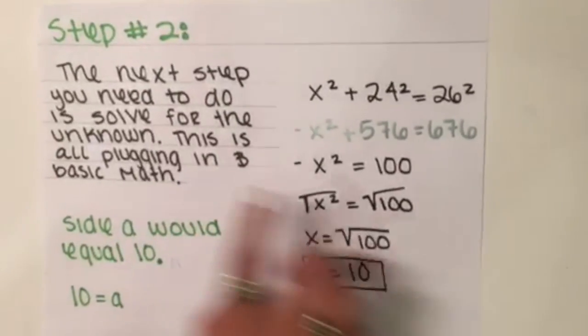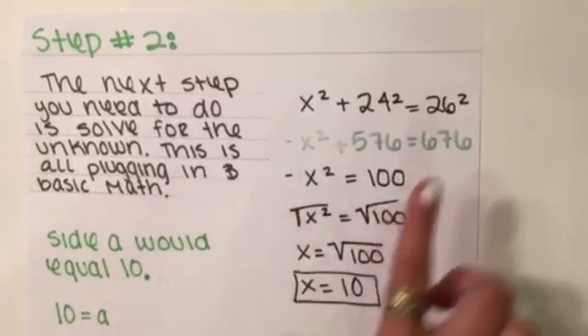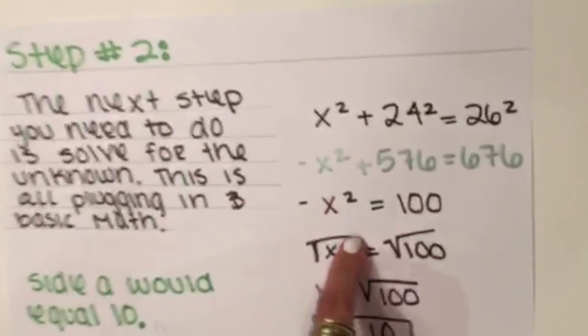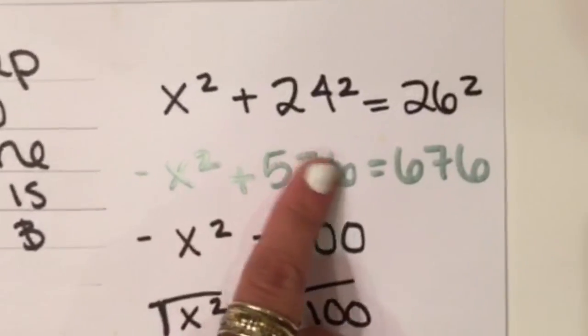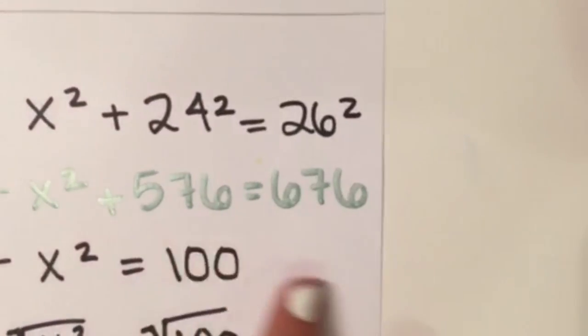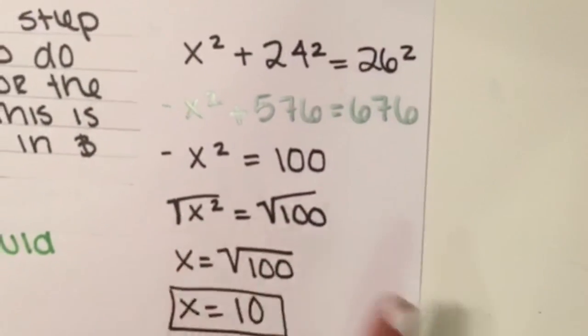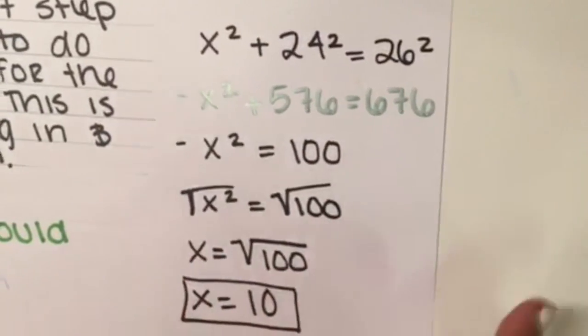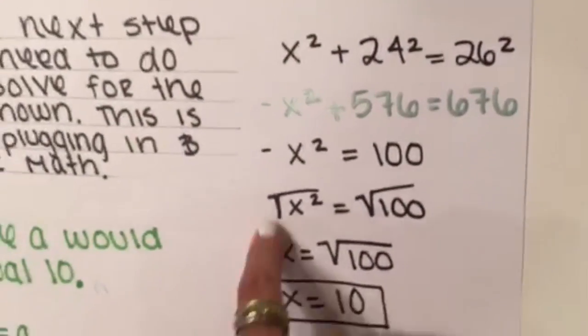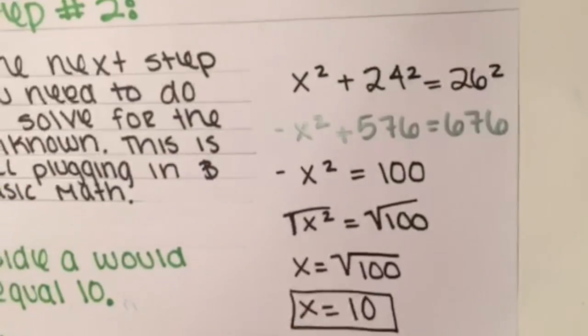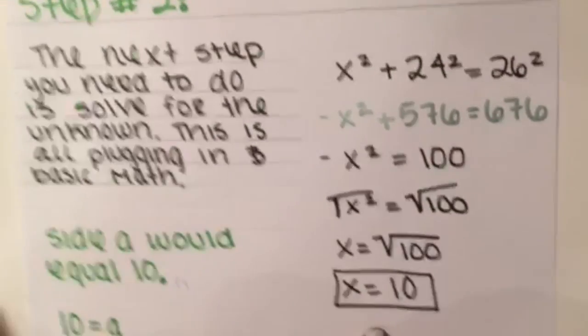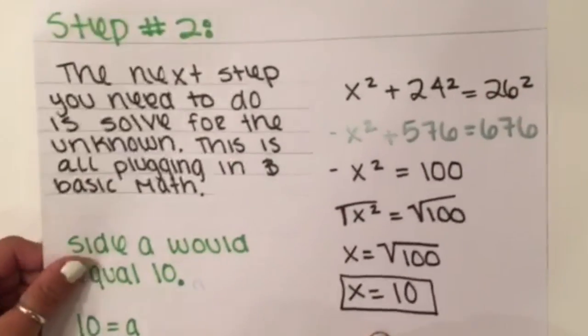And so the next step you need to do is solve for the unknown and then start plugging in. So you would do x squared plus 24 squared equals 26 squared because you know the hypotenuse is c. Then you square root both sides, just like you did in the last equation. And it's the same answer, x equals 10. So that's just solving it out. And that's it. That's how